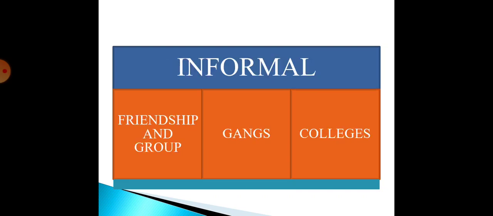informal organization. Here it is not a formal one, which means there is no need for following any rules and regulations, like friendship and group. Here friendship and group is nothing but peer pressure, meaning peer group. We are not maintaining any kind of policy, rules or regulations; we are openly informal. We are not following any policy and we are not maintaining any distance with friendship and group members.